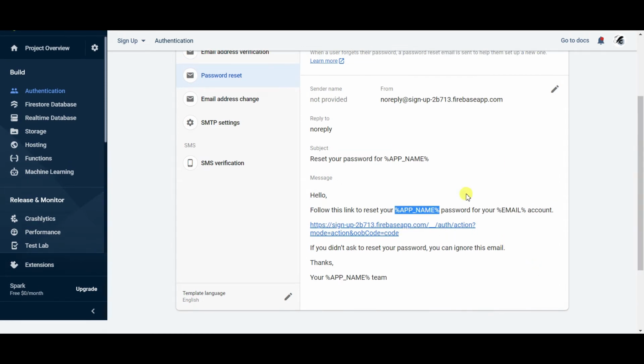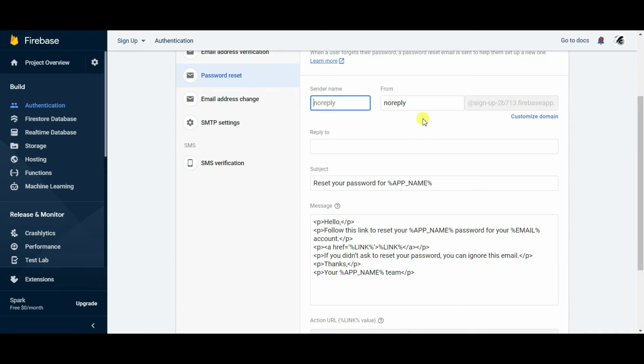So here I'll just edit this message. From sign up, I can just change it to coding ads. So the sender name will be changed to coding ads. Reply to, you can just leave it empty because we will edit this in our code.